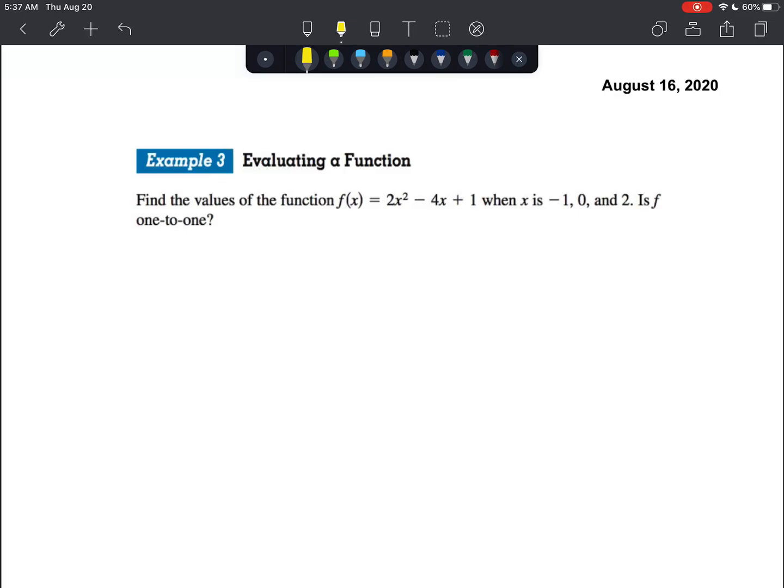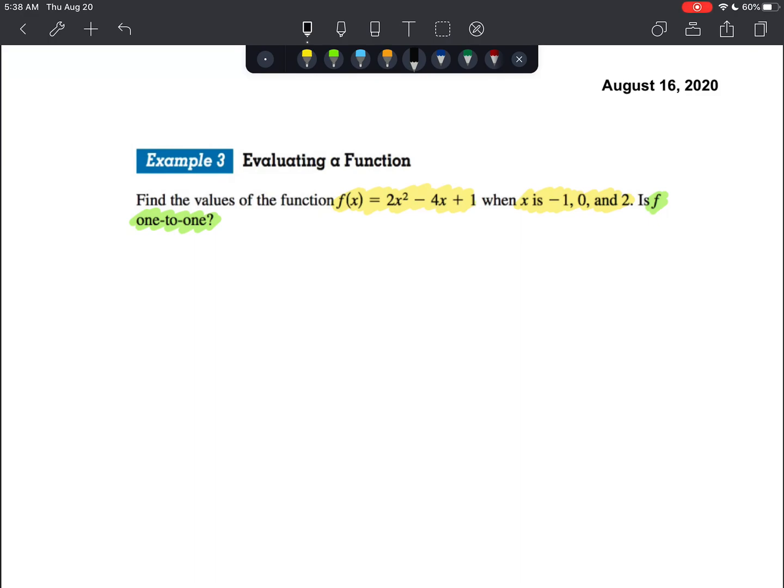So example 3 says evaluating a function. We want to find the values of the function f of x when x is equal to -1, 0, and 2. And then we want to determine whether or not f is 1 to 1. Well, because we have such a strong knowledge of what these graphs look like, we can go right to that